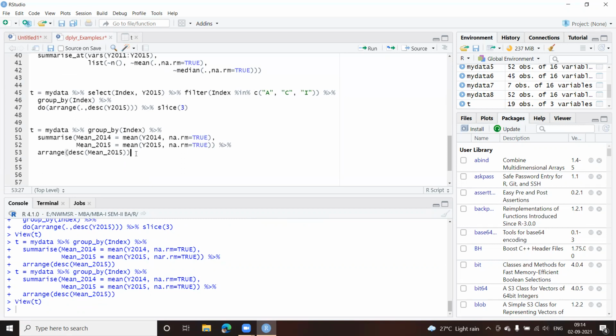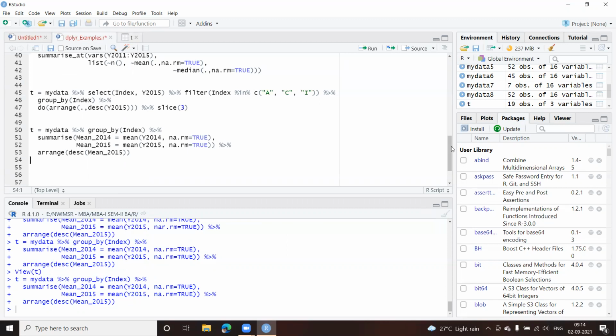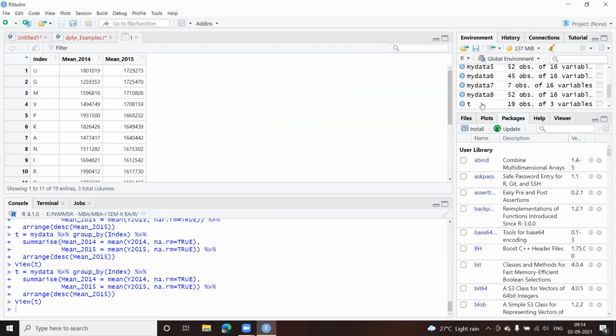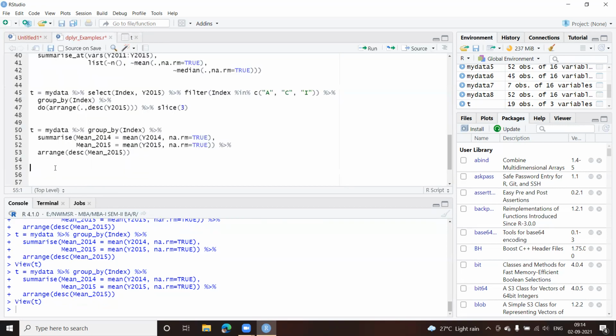Okay, I think we'll run this once again so that let me check it again. Right. Okay, so this is descending order. If you look at these values, 17 lakhs 29,273 is coming first, and then we have the lesser values. Clear? So that is a simple use of multiple functions together using the pipe operator, which helps in doing multiple things in one command.